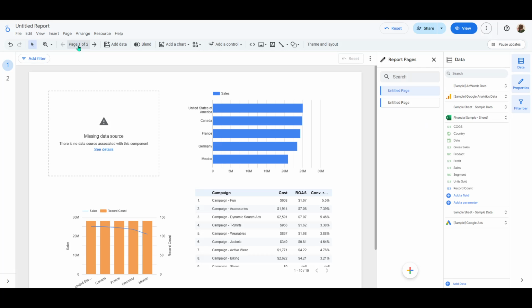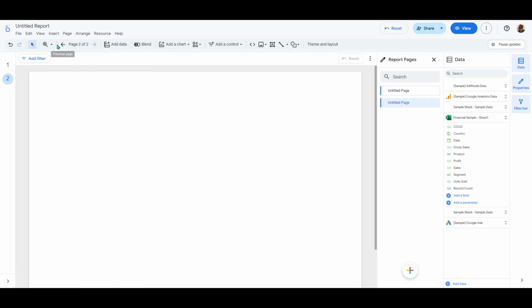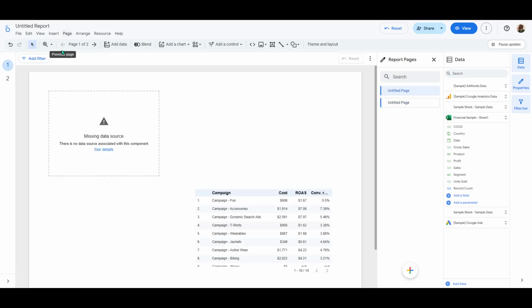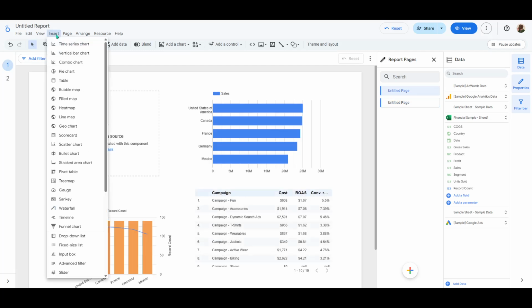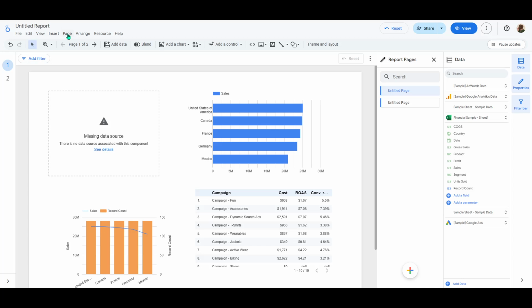Start by opening your report and adding the pages you want to include in your navigation. At the top bar, click Add Page to create each page you plan to show as a tab. Think of each page as a section of your story: overview, trends, details, whatever makes sense for your audience. It's a good idea to add all the pages you need now, because those will become the tabs once we